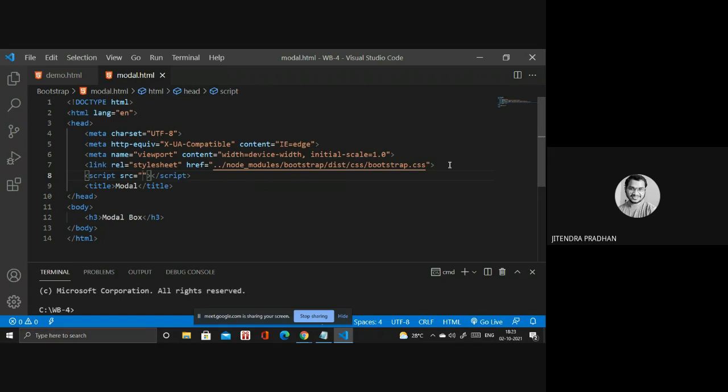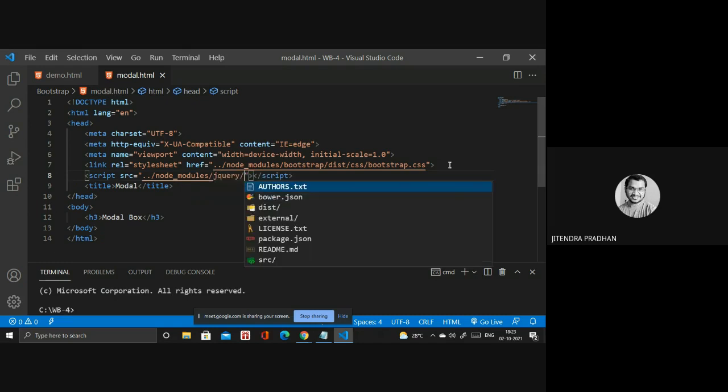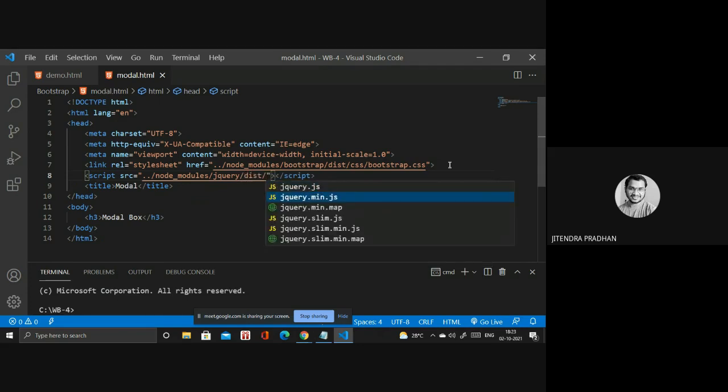Dot dot slash, inside we have, sorry, not bootstrap, it's node_modules. And the jQuery we have to link manually. At first we need to link the CSS and jQuery. Inside we have jQuery.js. And next we have to link the JavaScript file.